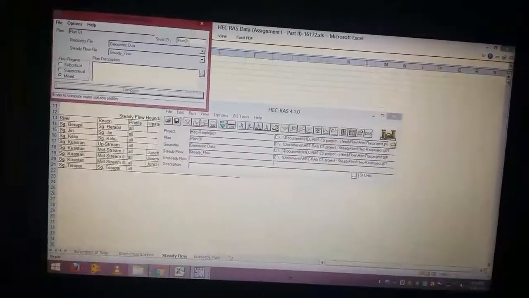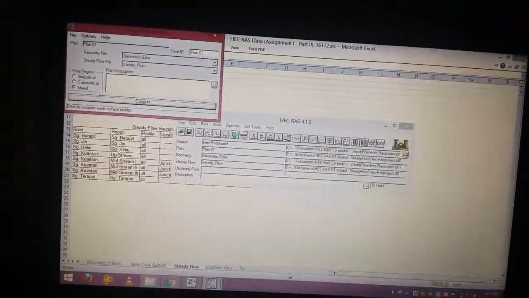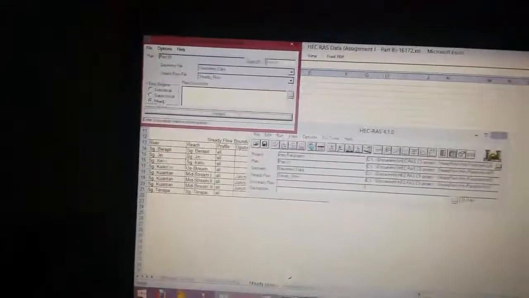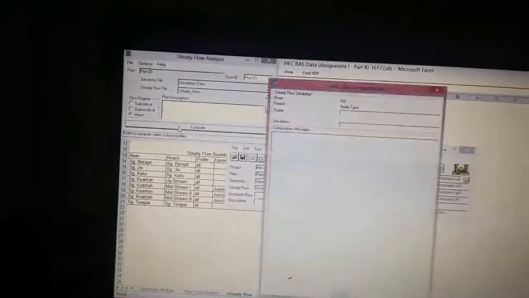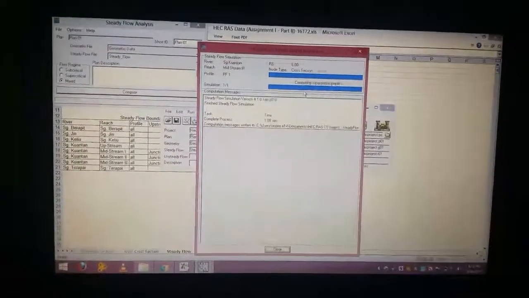Click here first. As you can see, the steady flow. The flow regime, you click at mix, and you can compute to see if there is an error. So there is no error. Okay, you click at close,